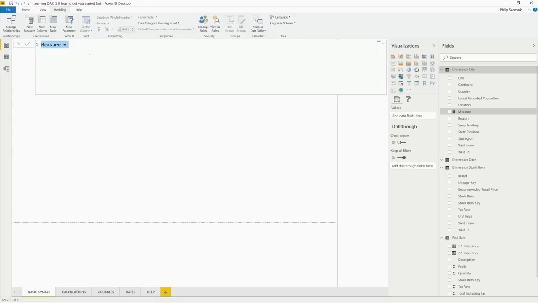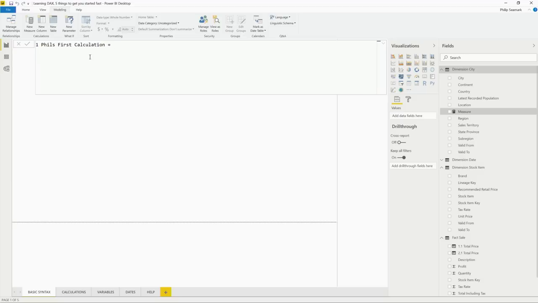Now, you can use spaces. So we can call this Phil's first calculation equals. So everything I've just typed in up until that point will be the name that this calculation will be in the object. So now after the equals sign, this is where I start writing DAX. And there's just a couple of important things to be aware of here. We're going to be querying columns or data that exists in columns and tables.